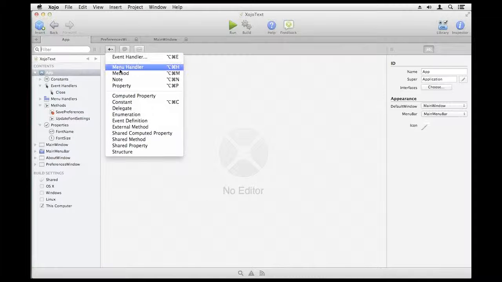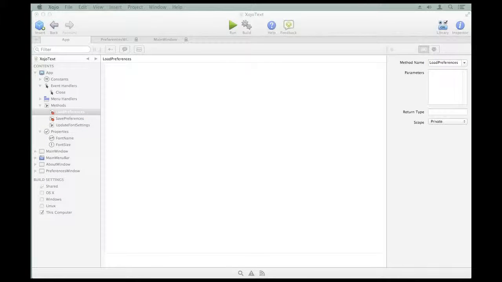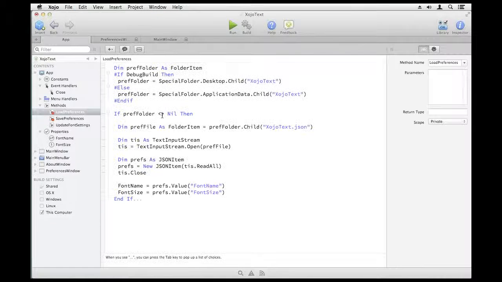So we'll add a new method. And I will just paste in a bunch of code here. It's mostly the same. Just kind of doing the reverse. You're getting a path to where we saved the preference file, and then reading it in as text. And then we create a new JSON item, and we load that text into it. And this is part of the constructor where it can read in a piece of text that's in the format of a JSON item. And then it sets up the structure and everything